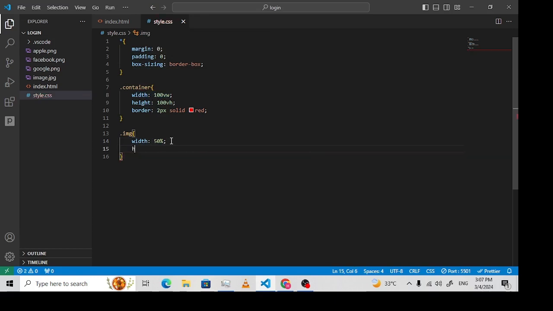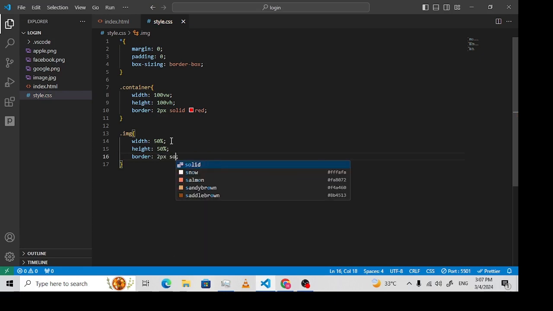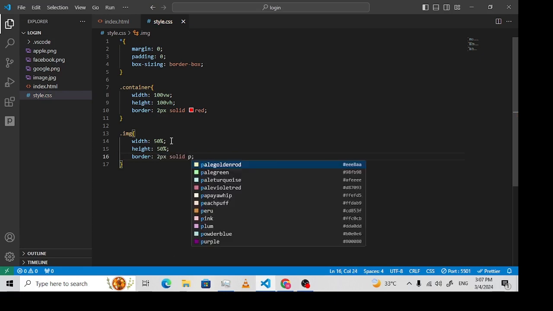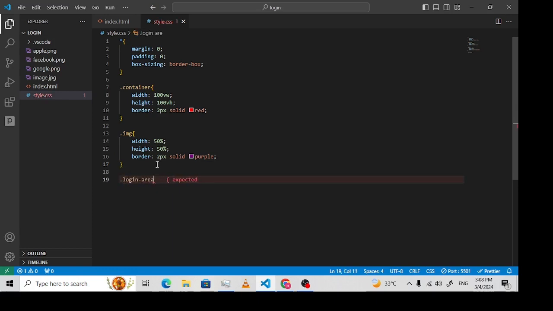Let's set the height to 50% as well. In order to visualize it, let's give it a border of 2 pixels, solid, and then purple. You can choose any color you'd want. And then to style the login area class, repeat the same process